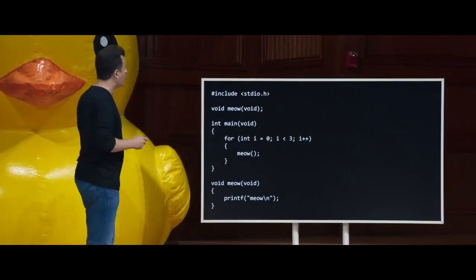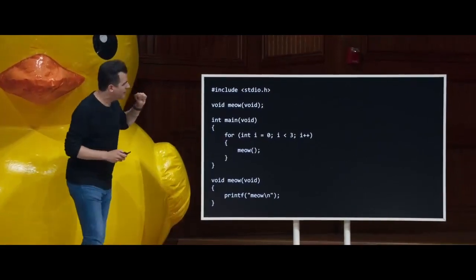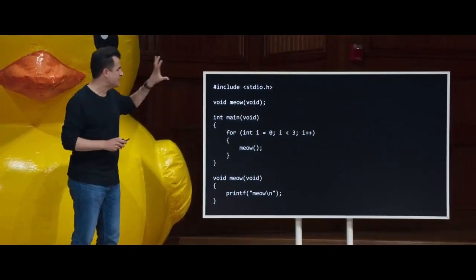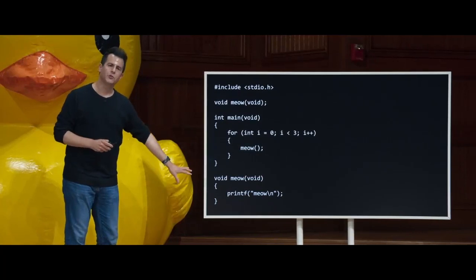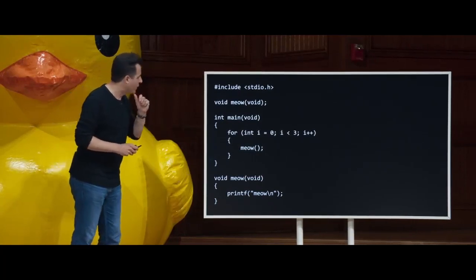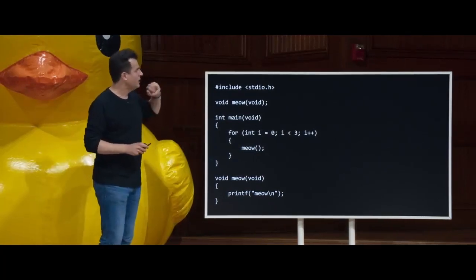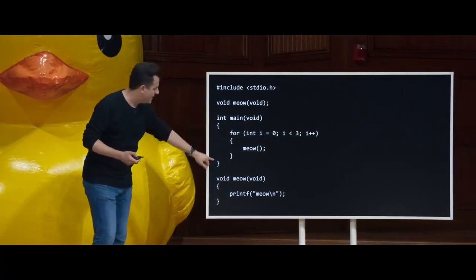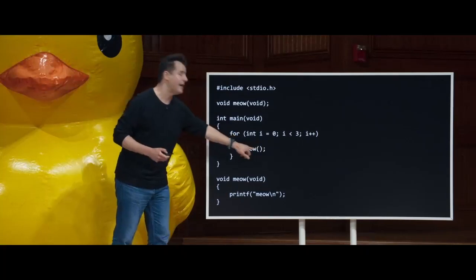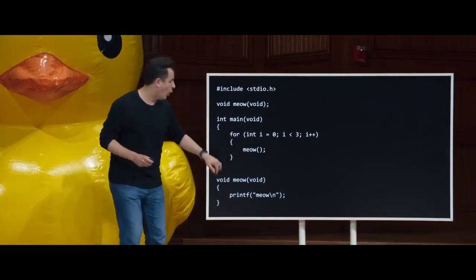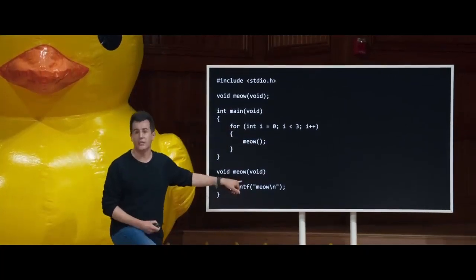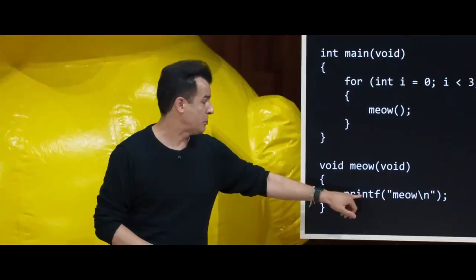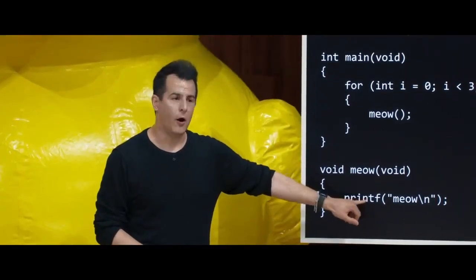Well, let's consider this code here. And this code's a little bit interesting insofar as it's one of the more complicated examples from last week. And you'll notice, for instance, that I had include standard IO at the top. So I could use printf. I had main down here, whose purpose in life was just to meow 3 times. And then recall we made our own meow function, just like we did in week 0 with Scratch, that just printed out, quote unquote, meow.